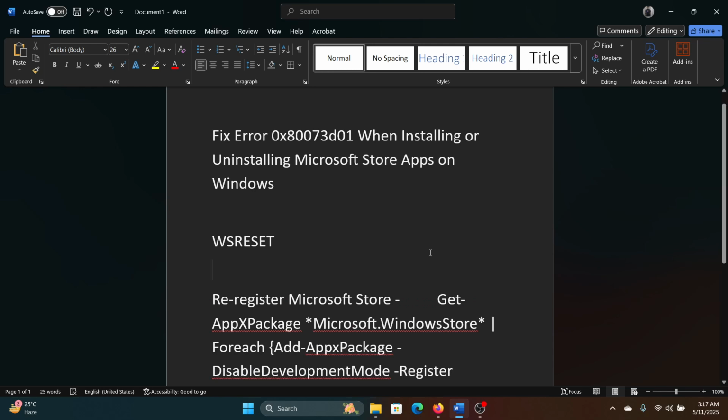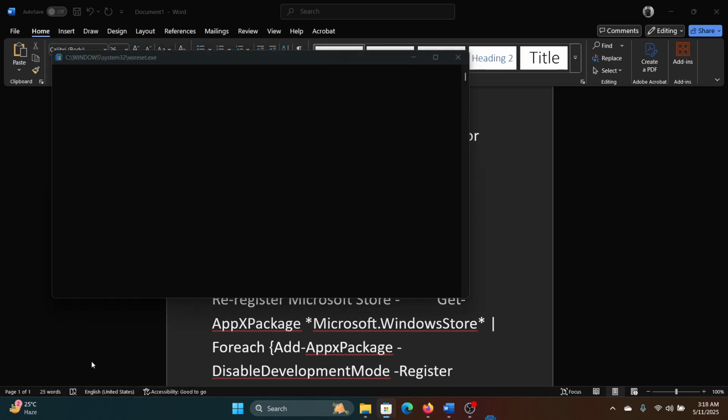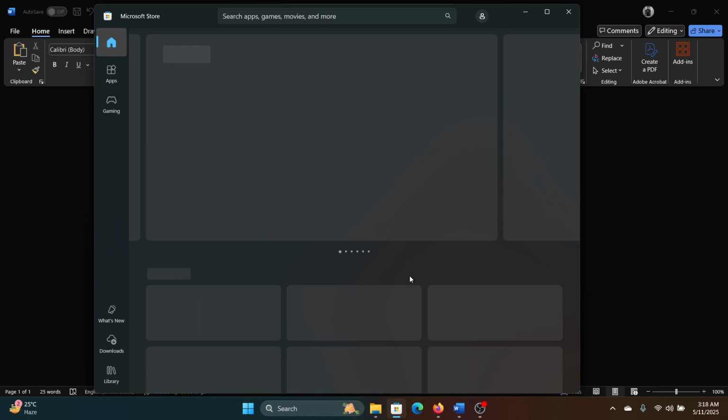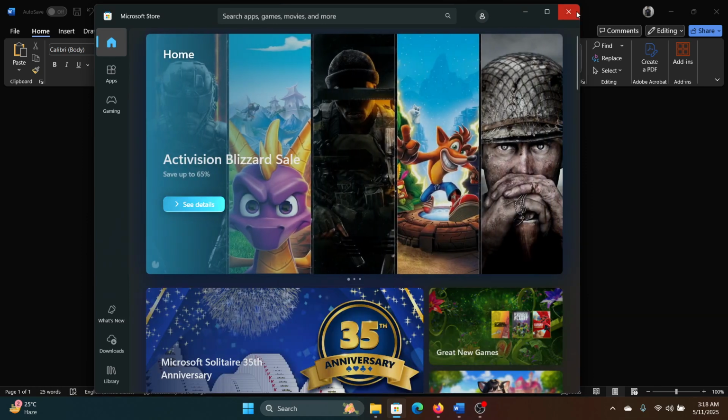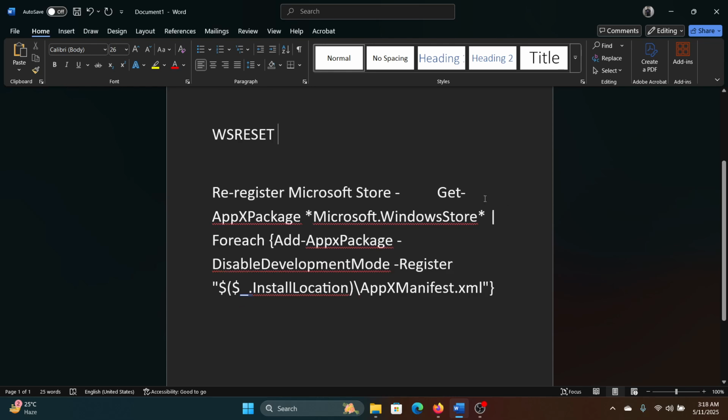So the first solution is WSReset. Press the Windows key and the R key to open the Run window. Type the command wsreset and hit enter to reset the Microsoft Store cache and relaunch Microsoft Store. In most cases, this will help, but if it does not, we have a very easy resolution for you,